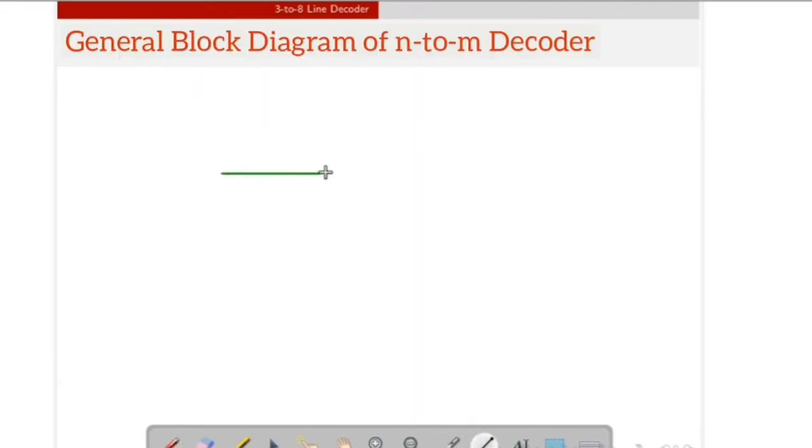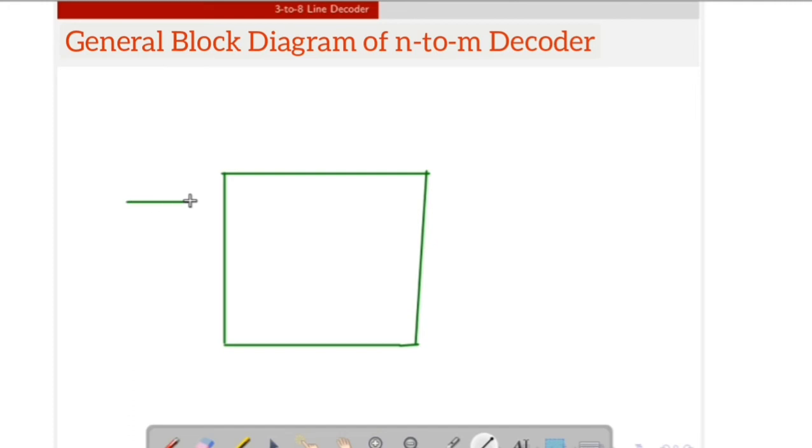So in general, decoder circuit is represented as a block diagram with n inputs. If it is an n to m decoder, there are n inputs and m outputs.